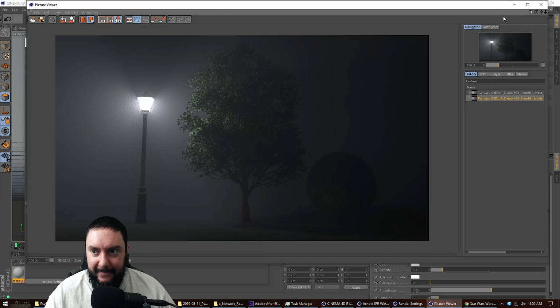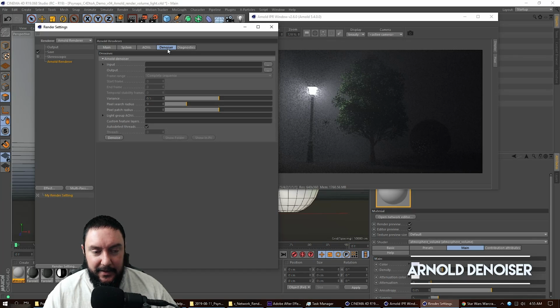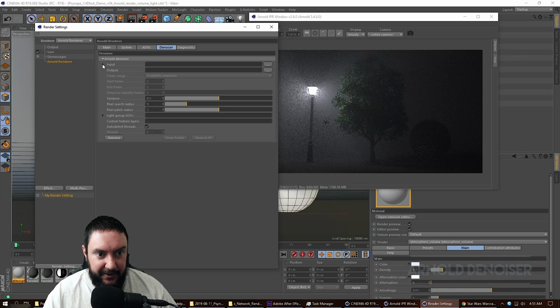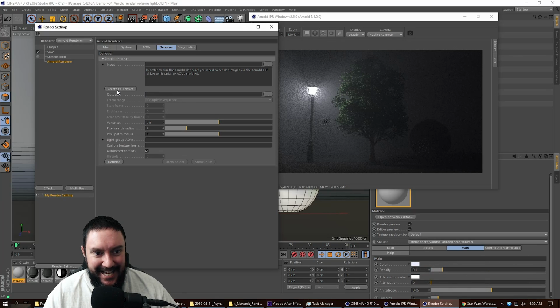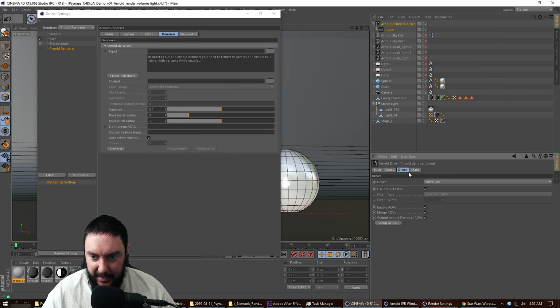Okay, it's done rendering. Here's the denoising. Let's go ahead and jump straight into the denoising. Arnold has its own built-in denoiser. And what you do is you pull down this little pull down right here and you create an EXR driver. It adds the denoiser driver right here. Let's take a look at the driver